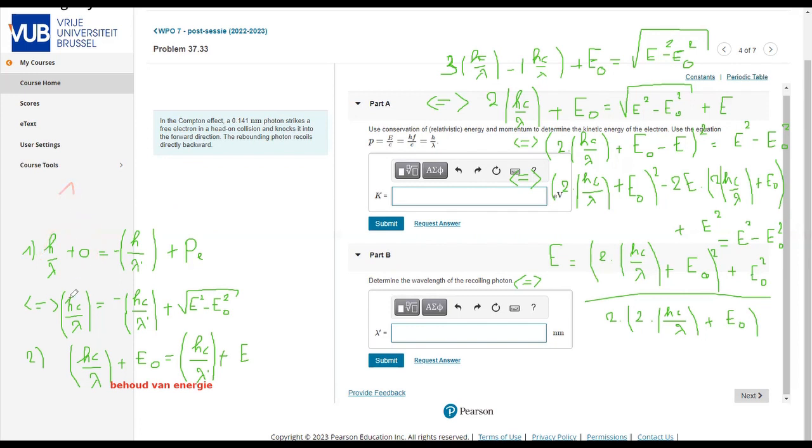Then I calculate like this. I also add my glider speed, because it makes it easier, and also we are talking about the kinetic energy. They're asking what the kinetic energy is of the electron, so we also need the energy, not only the momentum, but the energy is also